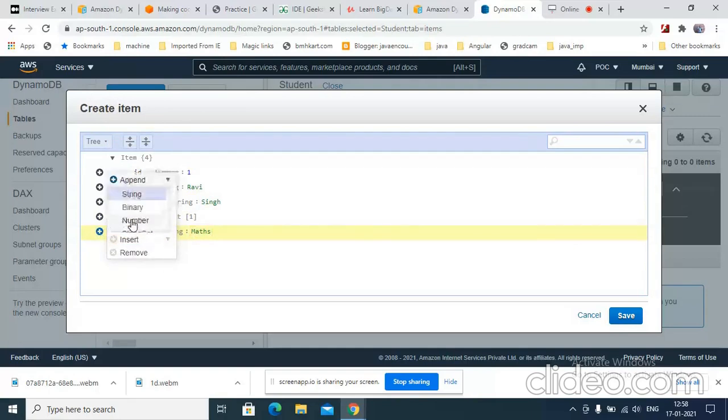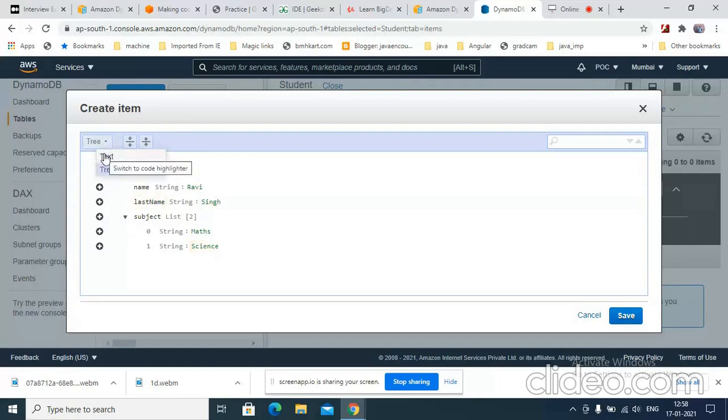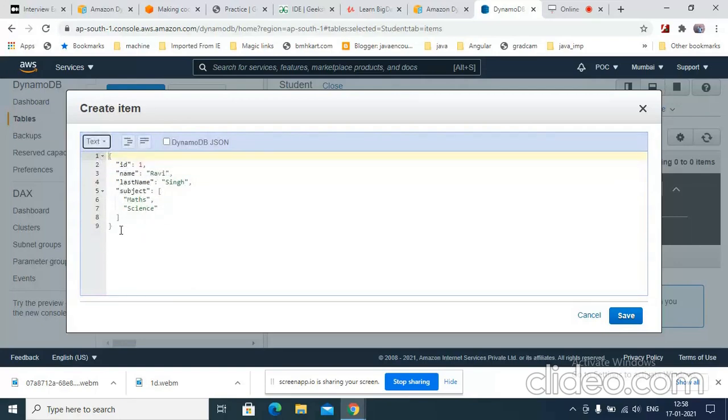One more, let me add science. So this is the data I have added. If you want to look at it in text format or JSON format, you can click here. So this is the data that I'm going to insert, this ID, and these are called attributes.